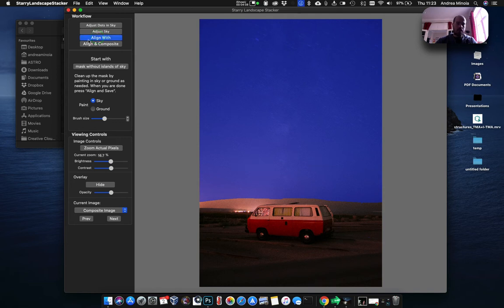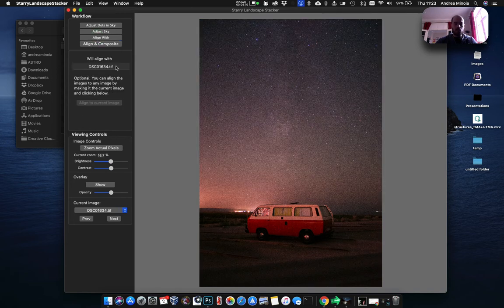sky. So we click align with, and now we can choose which frame of reference in the image sequence we want to use. You can see here there are all the images. In this case, there is no particular image that I want to choose, so what it suggests is perfectly fine with me. And we can just go on and click align with. So now all the frames will be